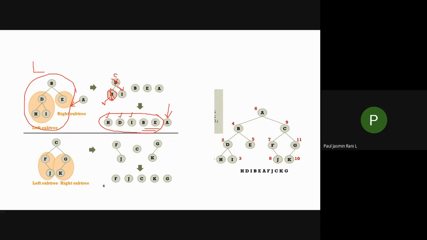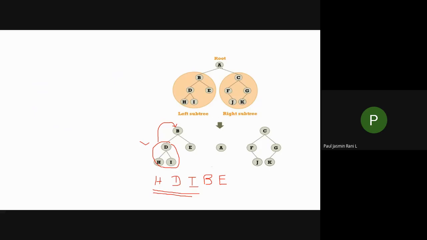So how is this printed? H, D, I, D, E, A. Okay, so this is how I printed. Next one, see here. So this is your diagram, isn't it? So this part is printed. I printed it using in-order traversal, the left subtree is over now. Now the root element is also over. Okay, this C part is also over. Now I have to concentrate on the right element. Let's see what happens in the right subtree of the root element.